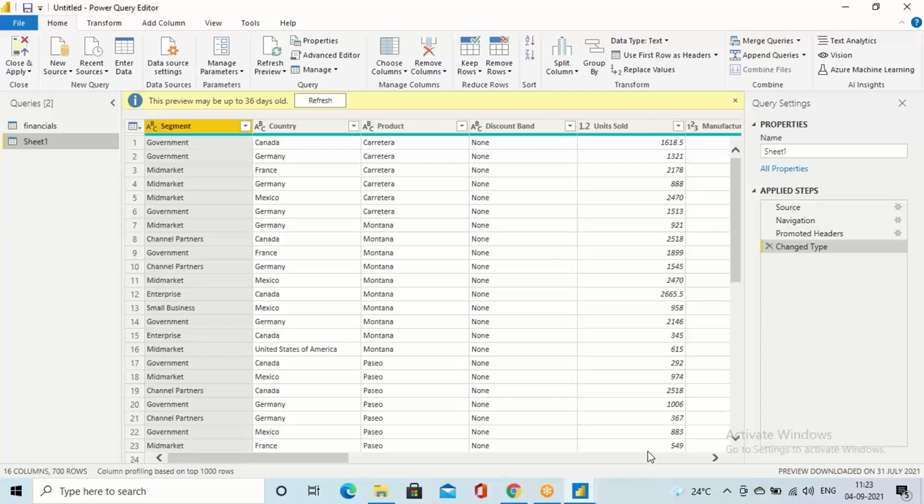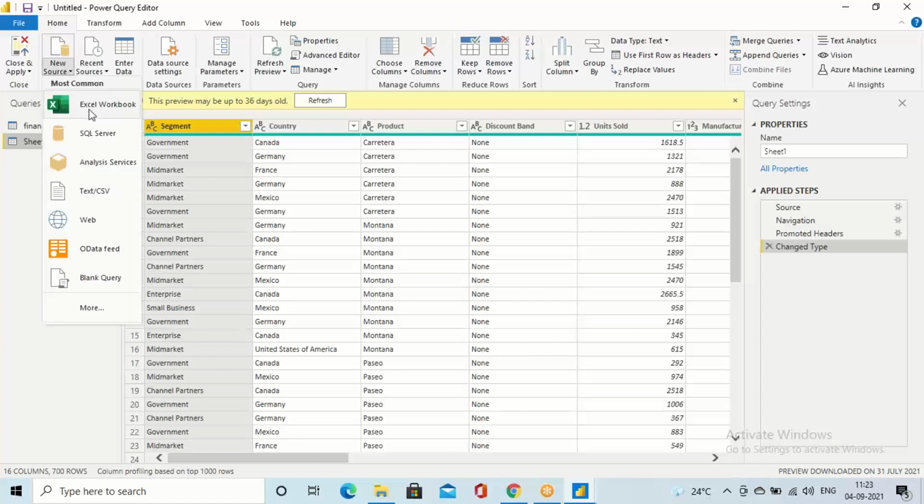Yeah. So coming to this, normally you are trying to load the data from Excel, right? And that's what I was showing you, like there are n number of multiple options here, not only Excel. I'll show you. See, you can get data from an Excel workbook. If you want to get data from SQL Server, like why I'm saying SQL Server here, see,